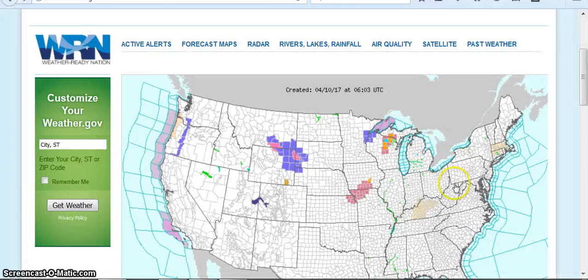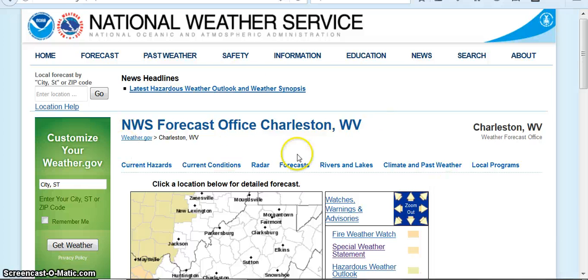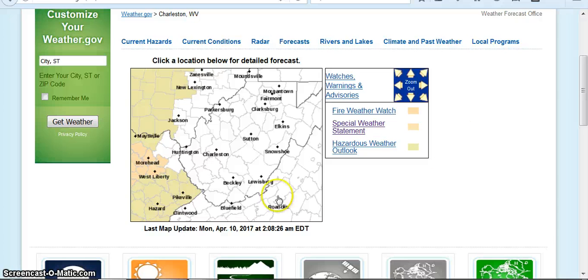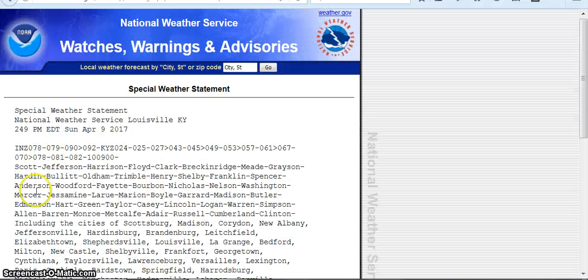Okay, so now I'm back on the National Weather Service. I'm going to click in that area. And here is the forecast for Charleston, West Virginia. You can see this lighter sort of beige cream color thing over here. What's the special weather statement say? All these counties